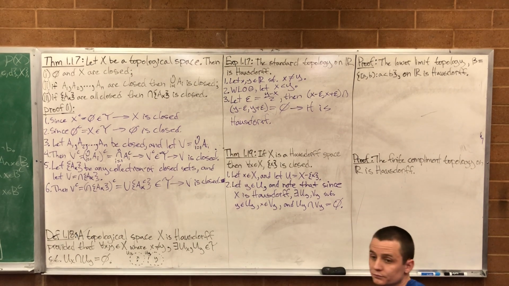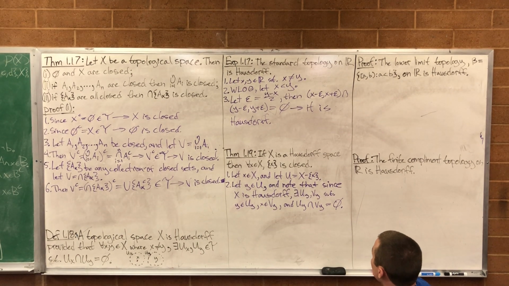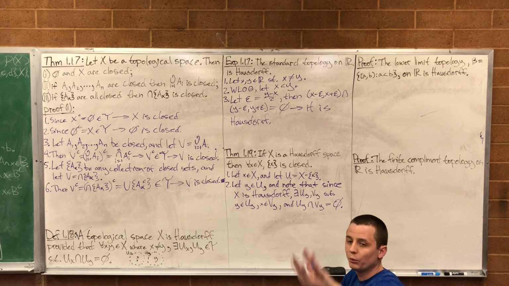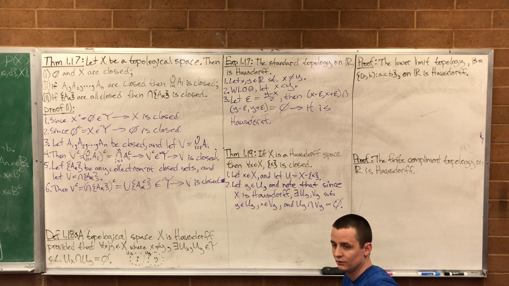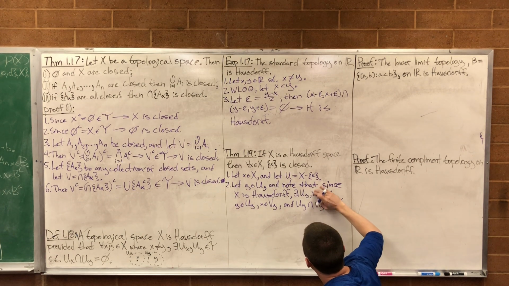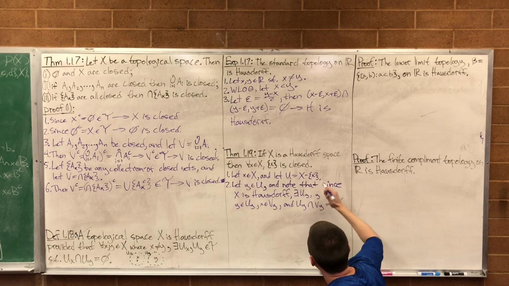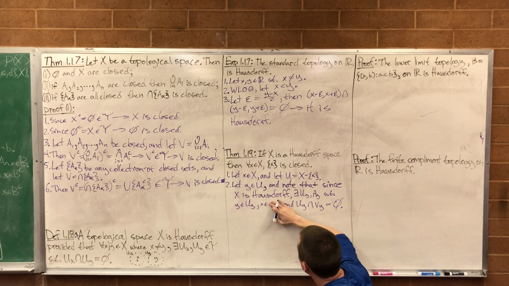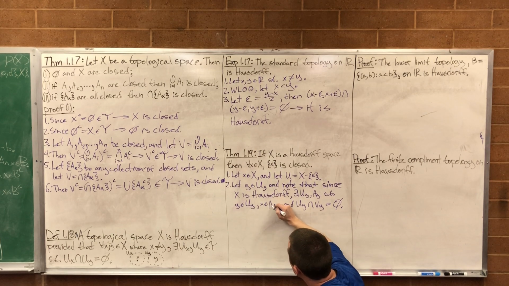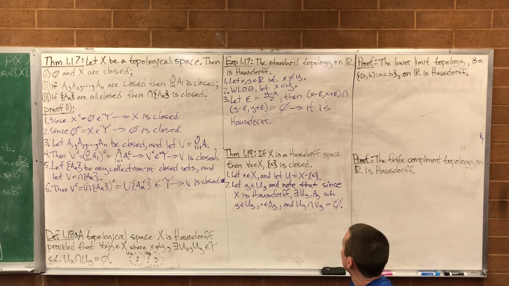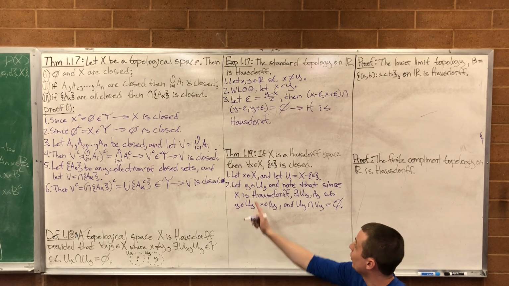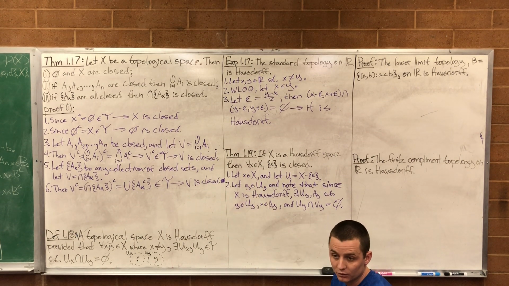Why are you calling the neighborhood around x V sub y? It doesn't matter what we call it. I just need to give it a name and say that there is a different one for every y that we pick. So if you don't like V, since we use that for closed sets, we can just call it A. Wouldn't you call it V sub x, since it's the neighborhood around x? No, because x doesn't change. Our y changes for each y we pick in U.